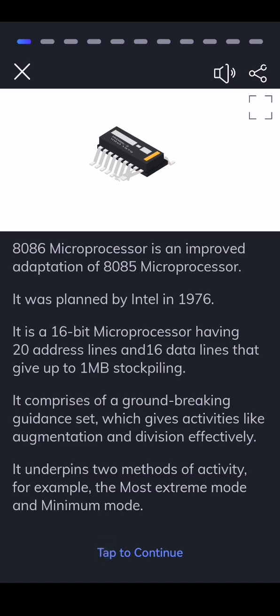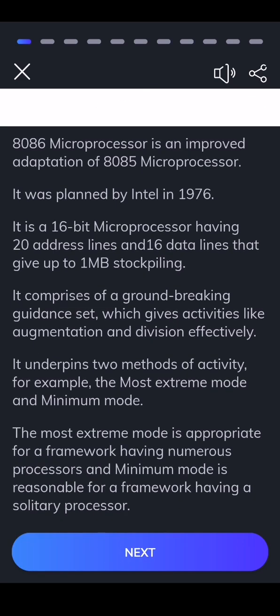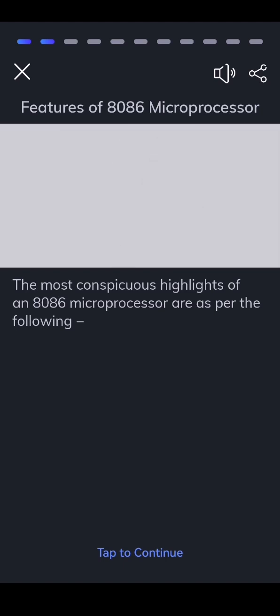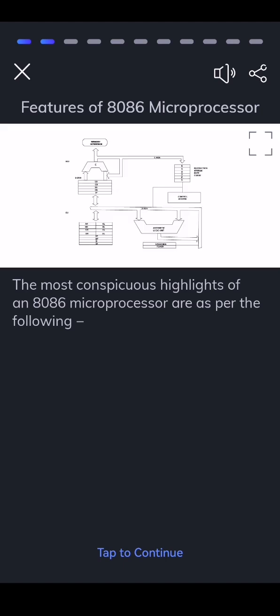It supports two modes of operation, namely the maximum mode and the minimum mode. The maximum mode is suitable for a system having multiple processors, and the minimum mode is suitable for a system having a single processor. The most prominent features of an 8086 microprocessor are as follows: